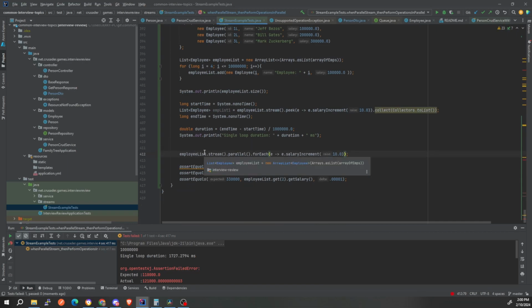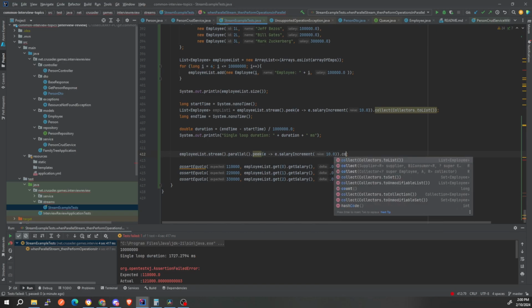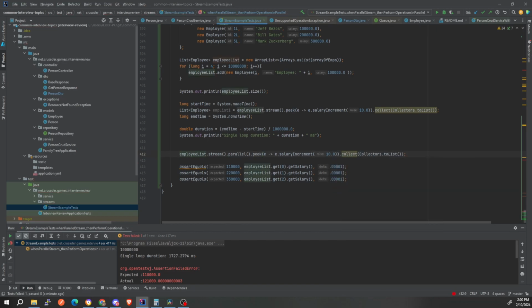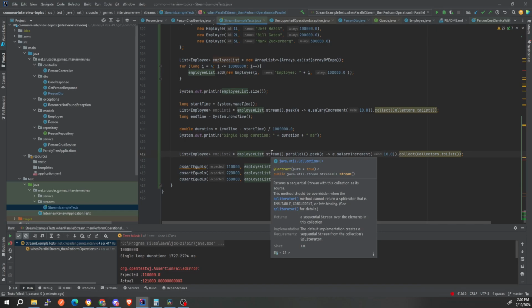So parallel the for instead of the for each, we're gonna do the same thing. We're gonna do a peak, and then we're going to do dot collect. This might blow up in my face. And we're gonna do list of employee, emp list 2. So what should happen is it ran this 1 by 1 by 1 by 1 by 1, right? But what we want to do with this one is we want to run this where it's running in parallel